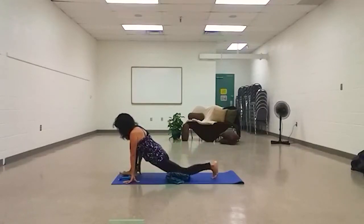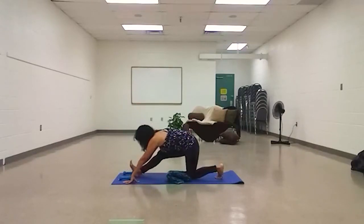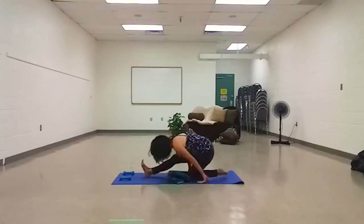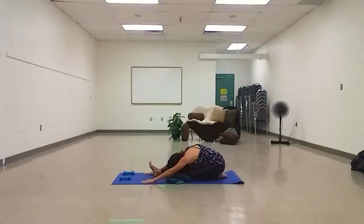Extend that back foot. This time, we're going to lift the toe on that front leg. Walk back. Now you can stay up like this, or you can sit back, whatever honors your body. Reach your arms, drop the weight of the head. Take a deep breath, fill all the way into the lower lobes of the lungs, feel those intercostal muscles between